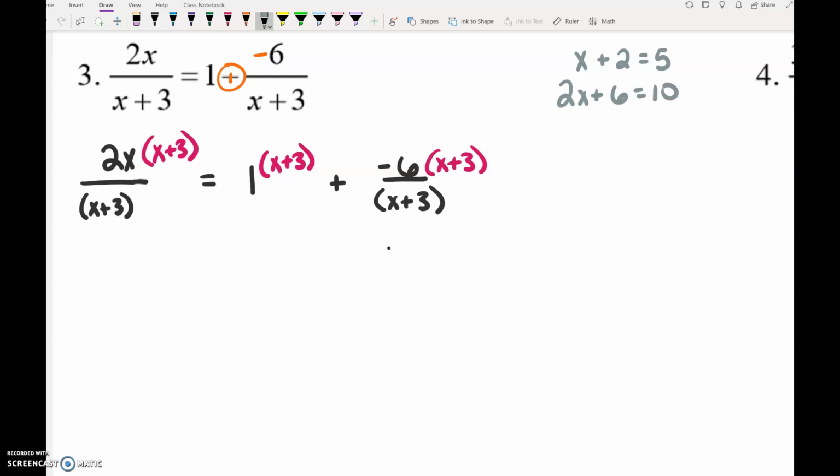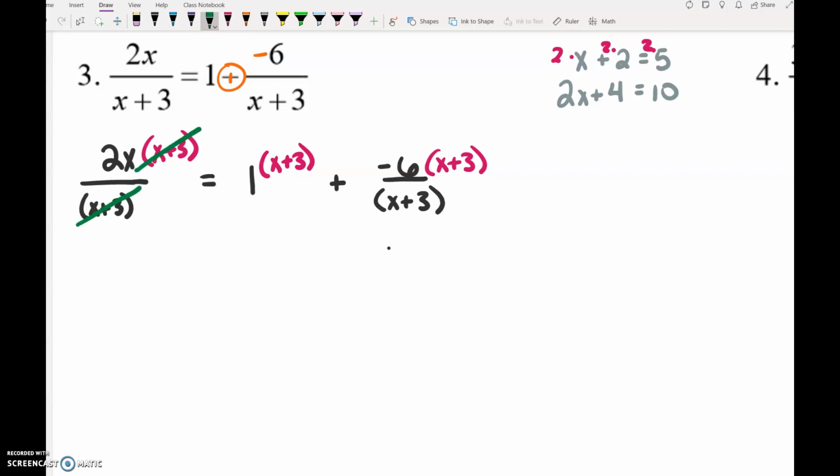My answer here is still, 2x plus 4 equals 10, my answer here is still x equals 3. You can multiply every single term in an equation by something. In this case, I multiplied everything by 2. Here, we're multiplying everything by x plus 3. Okay, here's the beautiful thing that happens. In this first fraction,